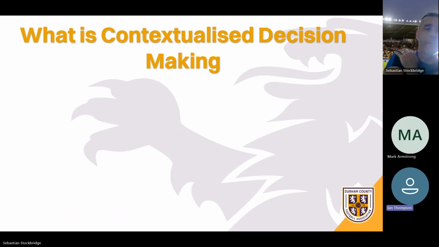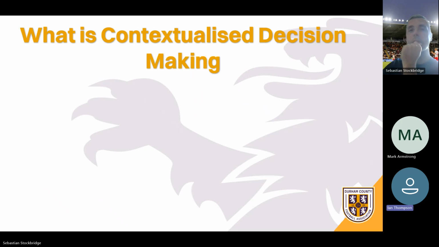I've never heard this before, but I will take a guess. Is it when sometimes it's not just about calling the actual foul, if it is a foul, but sometimes you have to make a bigger decision on the impact of making the call on a game? For example, you try and keep 11 versus 11 on, but sometimes if the team is losing 10-0 or something and it's a walkover, is there a point of sending someone off?